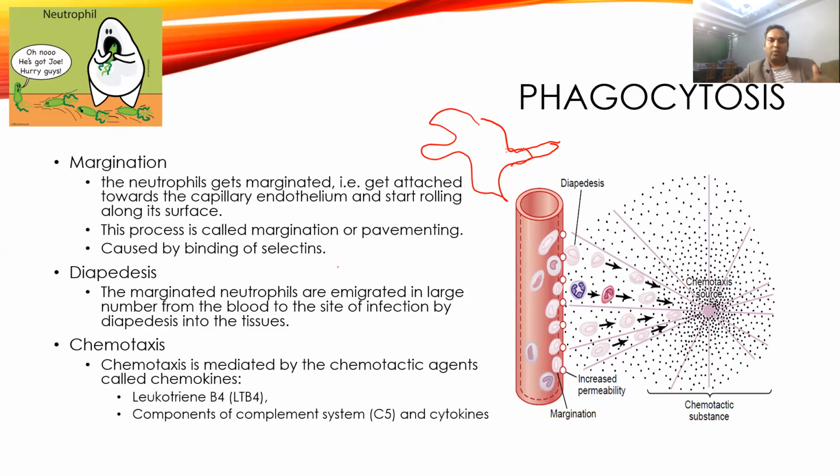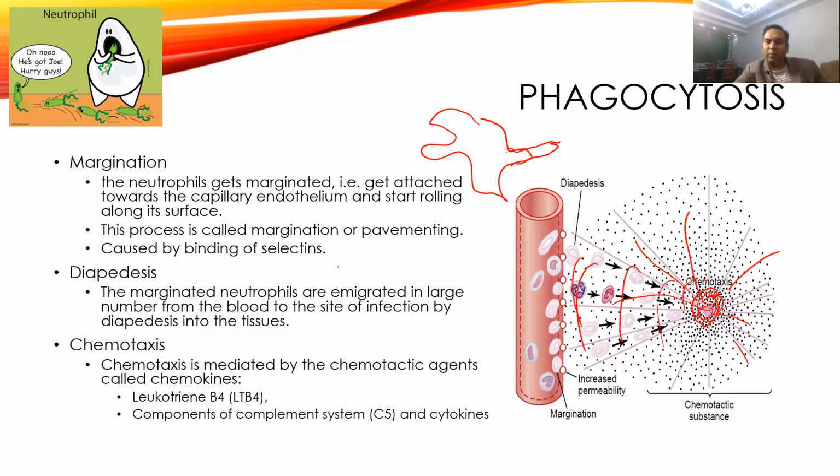Once they reach the interstitial space, through the difference in the concentration of chemical substances like cytokines or interleukins, which spread out, they go from low concentration towards high concentration, and this mechanism is called chemotaxis. Now understand, this is the source, the inflammatory site, from where the substances are spread on different sides. So the concentration of leukotrienes will be very high here, and it will start decreasing.